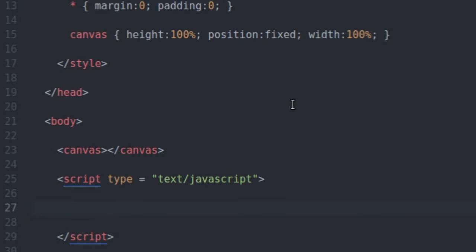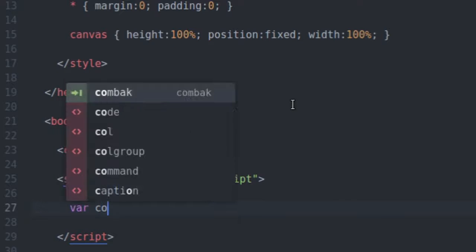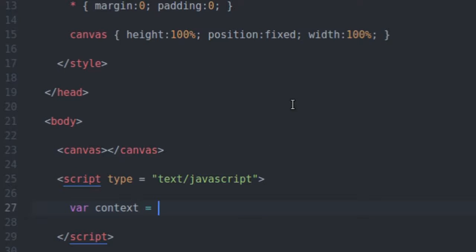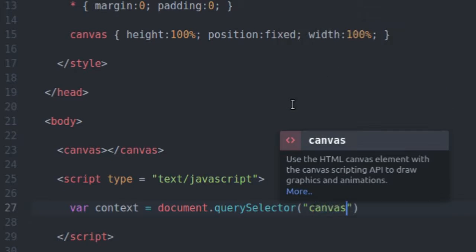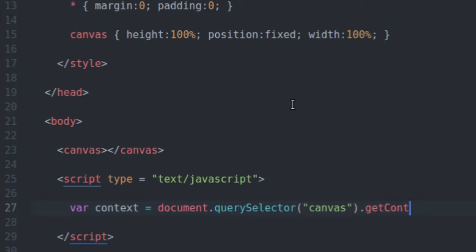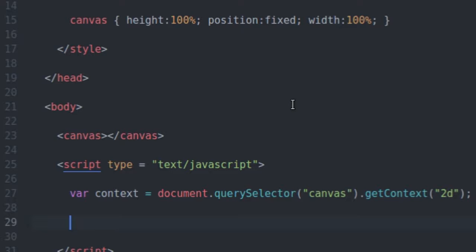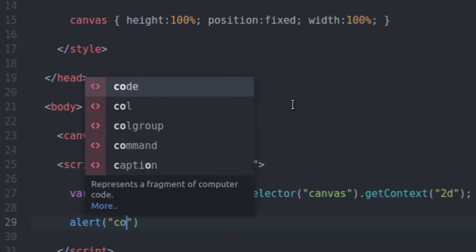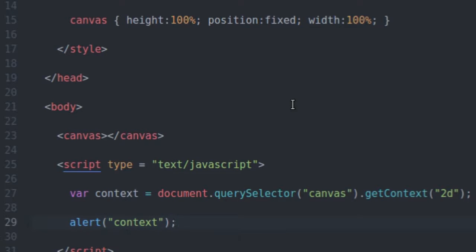So let's go var context equals document.querySelector canvas.getContext 2D, and that's going to get the 2D canvas rendering context from the canvas element that I've added to the browser. So to show that, I'm just going to say alert context, and that should show us that